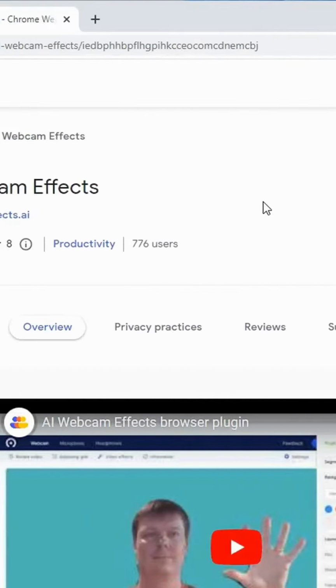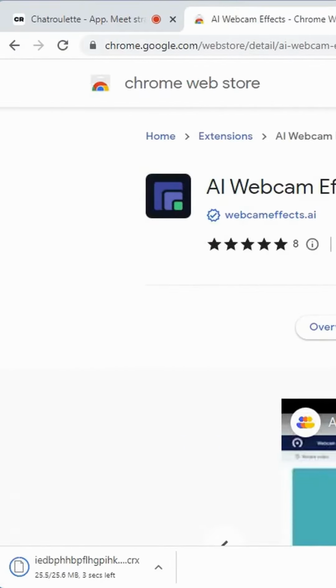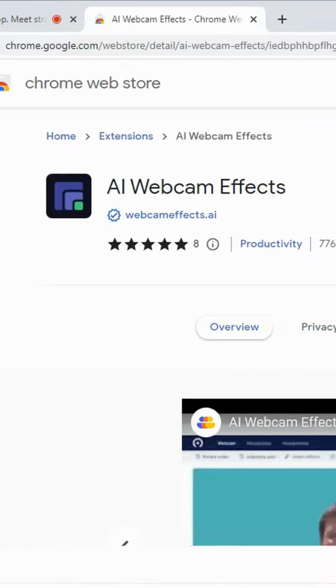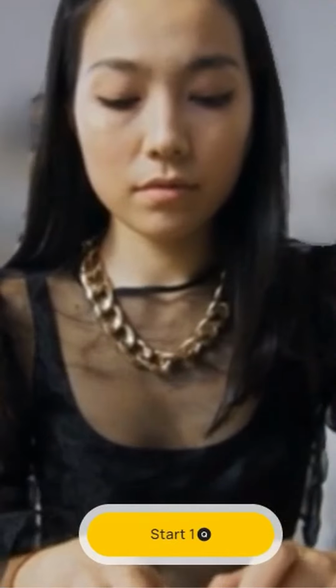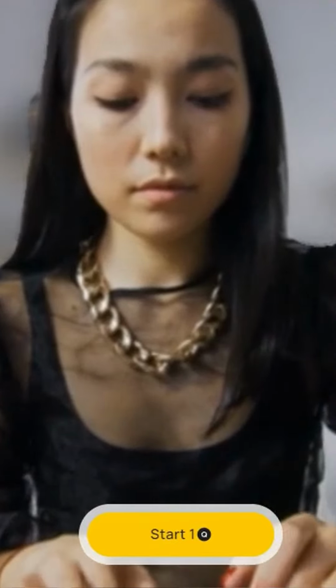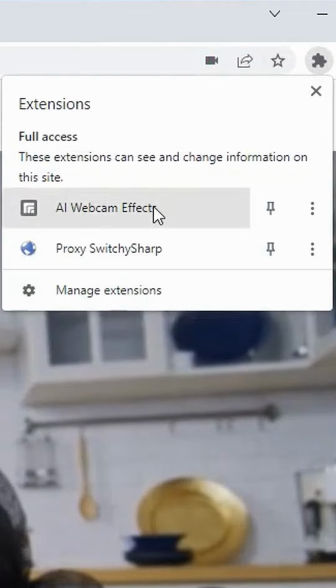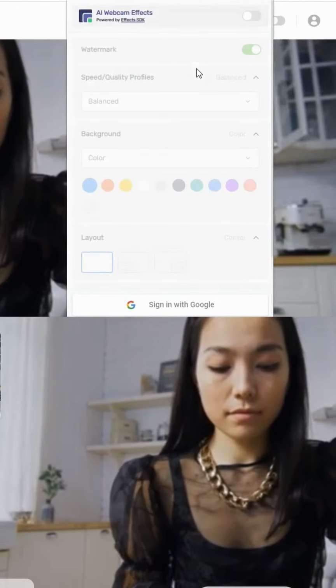First, search for the AI Webcam Effects extension and add it to your Chrome or Chromium-based browser, such as Microsoft Edge. Once the extension is downloaded and installed, navigate to Chatroulette and sign into the service if you're using it for the first time. Once you see your video feed, open the AI Webcam Effects settings and turn on the